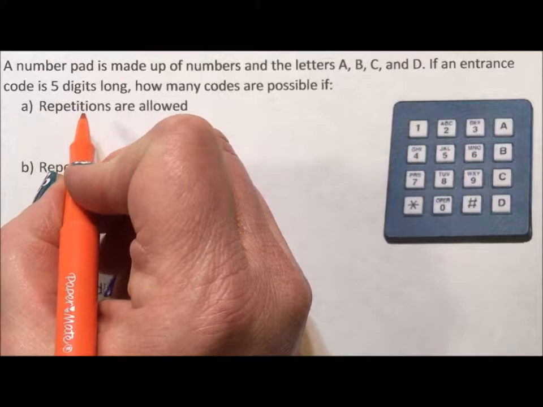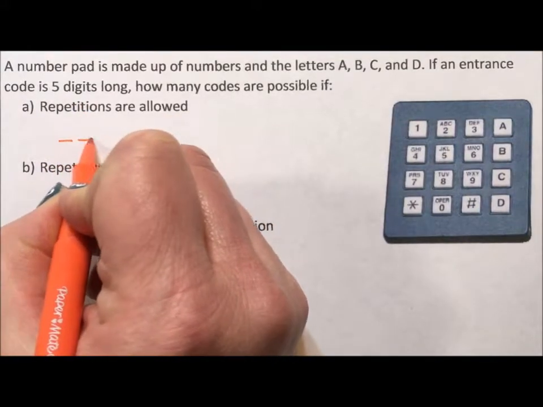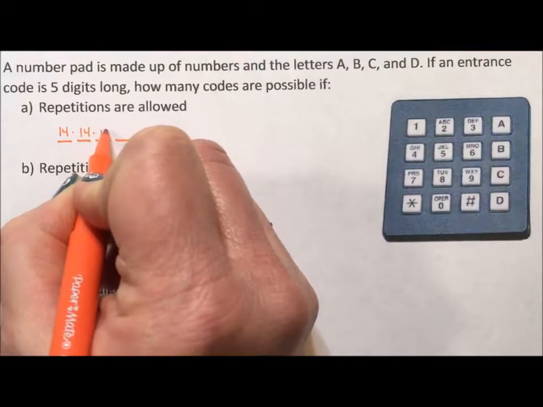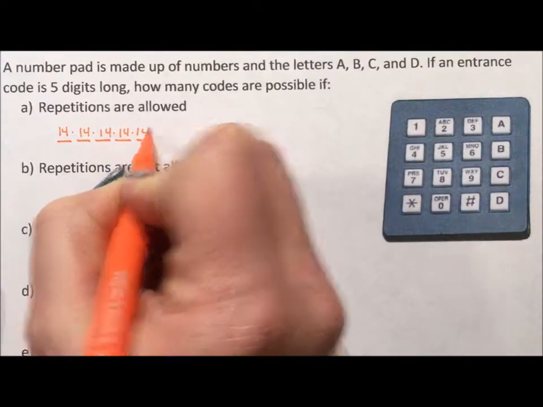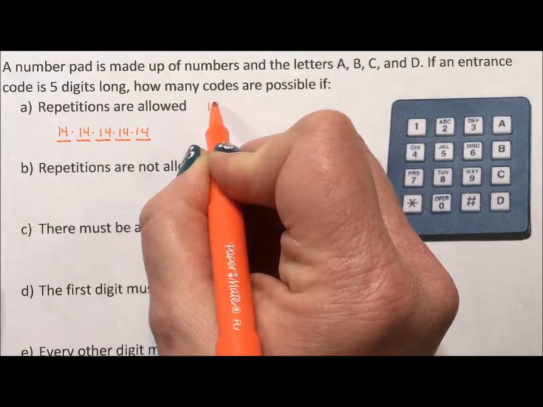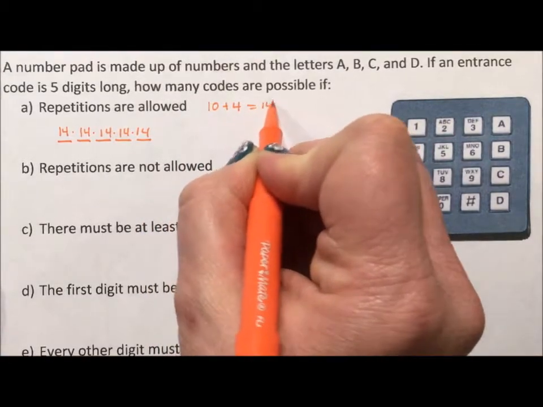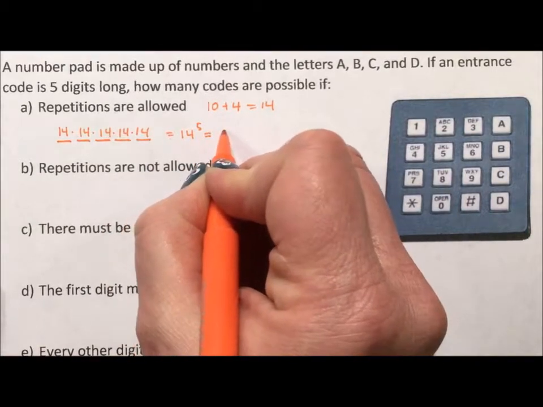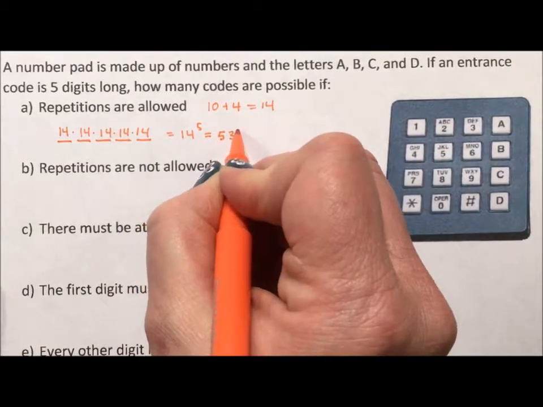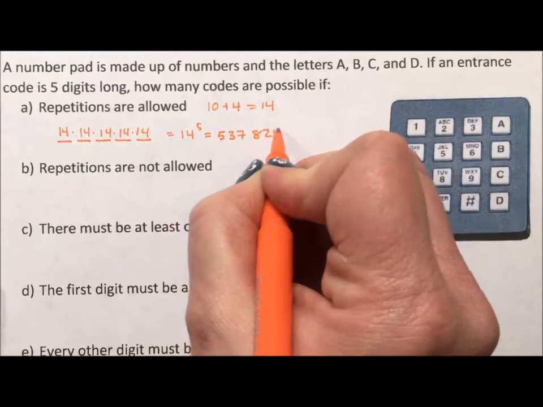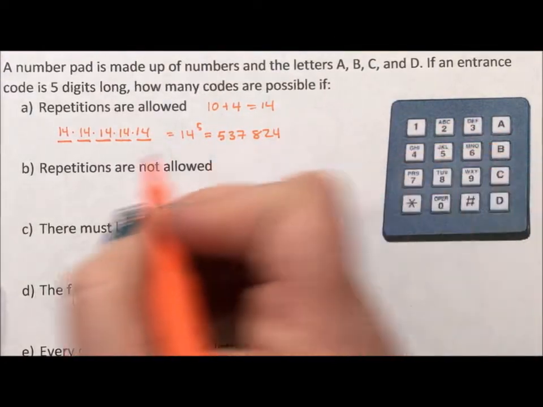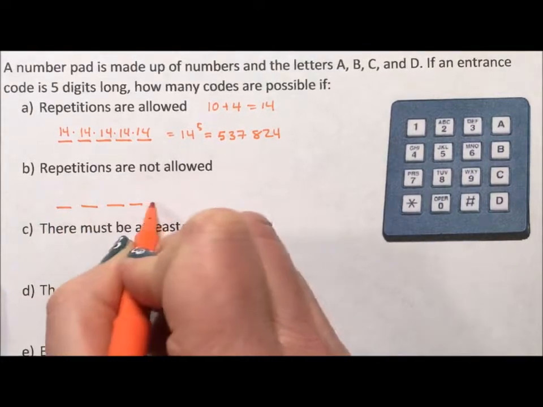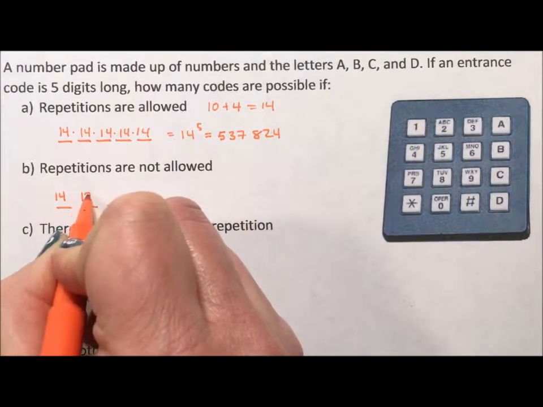If you can have repetitions, that means for each of your 5 digits, you have 14 options available because you have the numbers 0 through 9 plus the 4 extra letters. And so 14 to the power of 5 is 537,824 possibilities. If repetitions are not allowed, then you have 14 options for the first